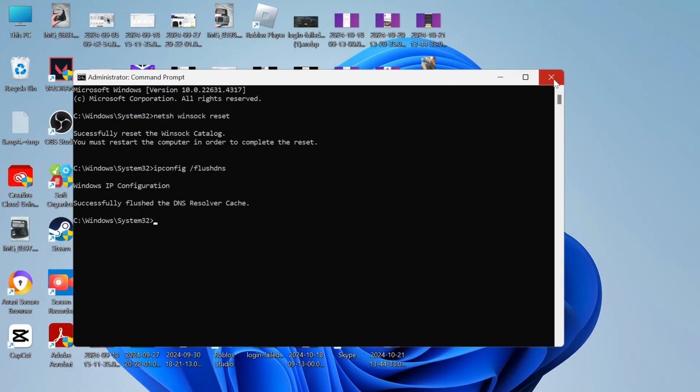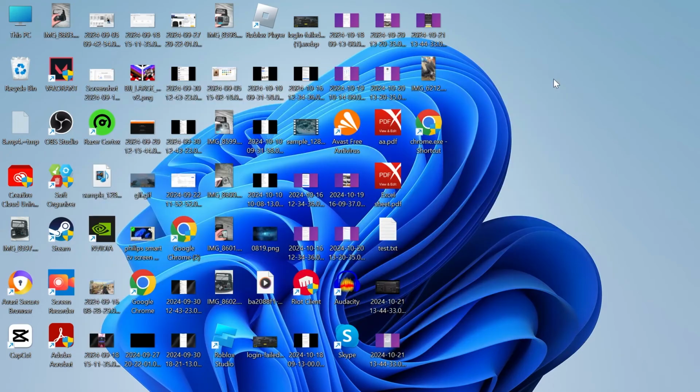Then you'll need to restart your computer, and then you can try launching up your website, and that should have now solved the issue. If that's still not working, the very last thing you can try doing is heading over